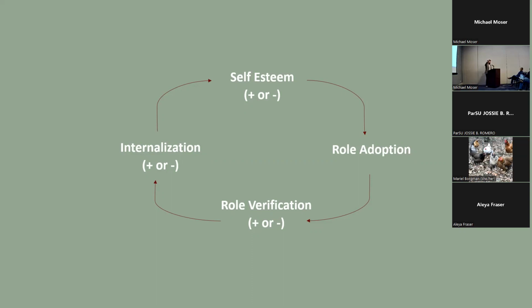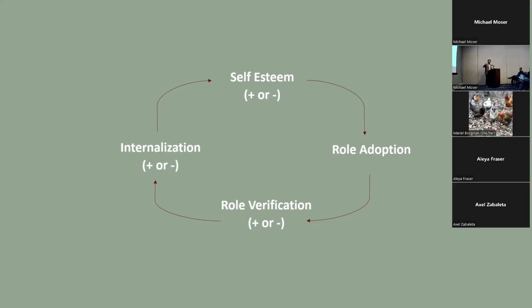It starts at the top with either positive or negative self-esteem. You have the opportunity for role adoption, whether that's teacher, leader, tour guide, or caretaker, which was one of the things we found that was completely unexpected. And then you have the role verification. They're going to be told either directly or from the response of the other person whether or not that role is verified. If they're teaching someone something and the tourist acts like that person shouldn't fit in that role, they're not a teacher, they're going to decline that interaction. They're going to reject them in some way.